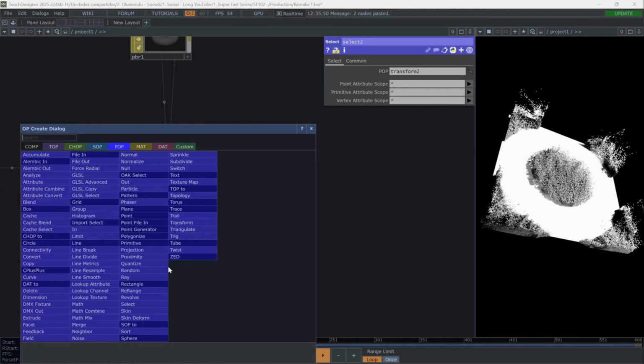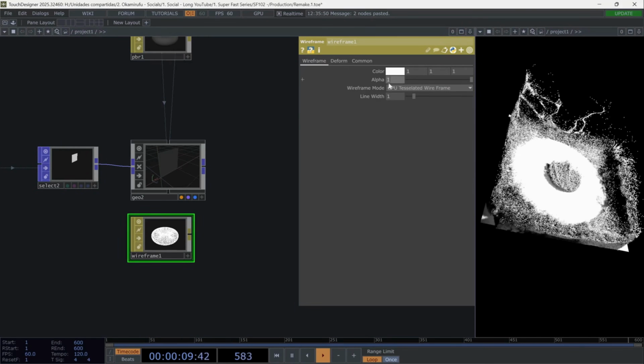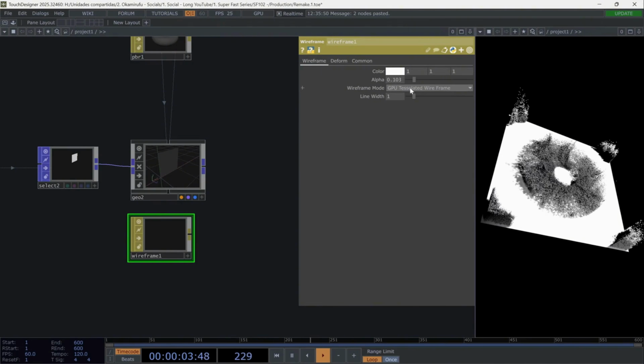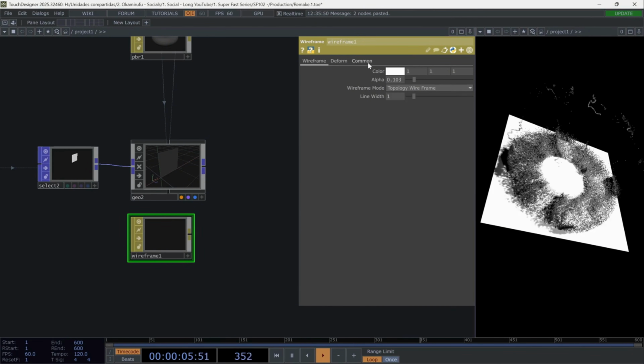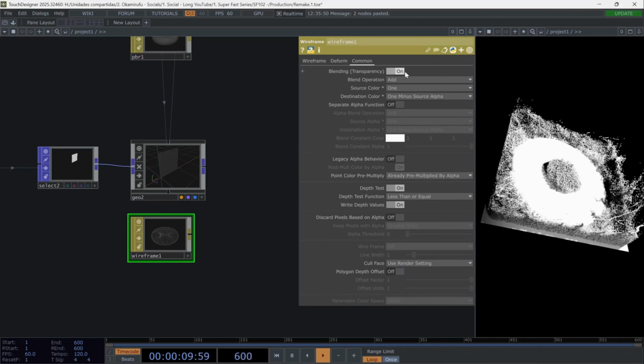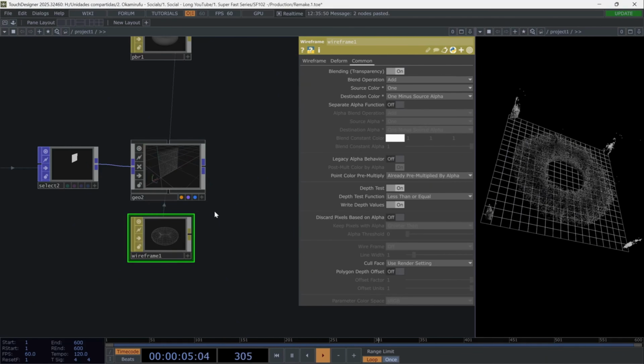For this one, we need a wireframe material. Jump into the wireframe mat and lower the alpha to 0.103. Adjust the wireframe mode to topology wireframe, and inside its common settings, activate the blending transparency option, and don't forget to add the material. Now generate a box pop,